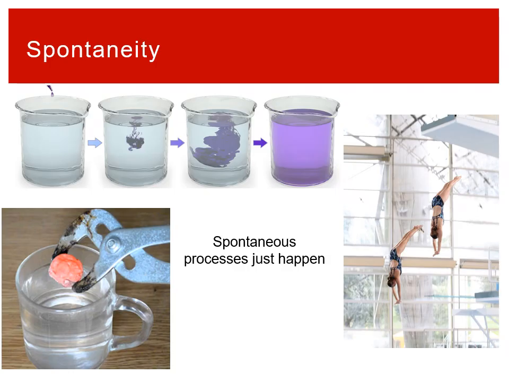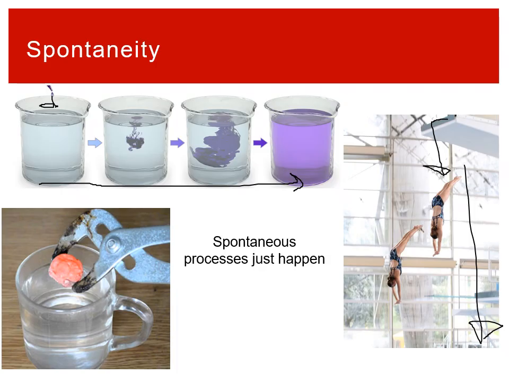So spontaneous processes just happen. So, the example of falling: once you leave the diving board, you're going straight down, right? And you don't have to push to go down. If you just let go, you fall. That's just going to passively happen. You don't have to try. Similarly, if you take a drop of food coloring and put it into water, it's going to spread throughout the water. You don't have to mix it together, right? There's no stirring or anything. It may take a decent amount of time to eventually have the color spread throughout the water, but it will happen, and it will happen without you needing to mix or do anything like that.